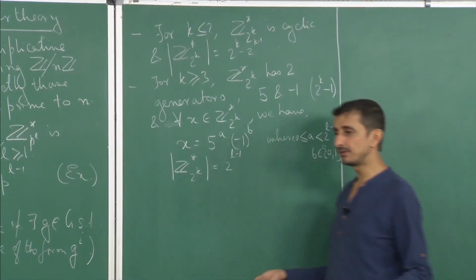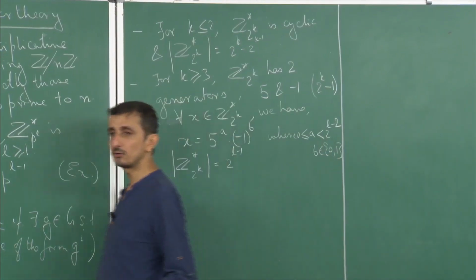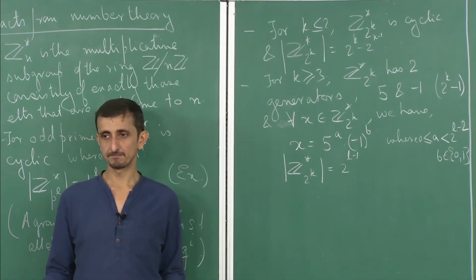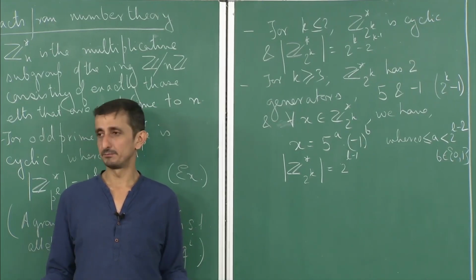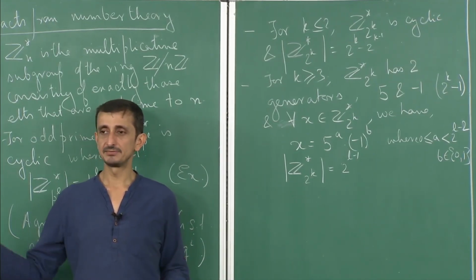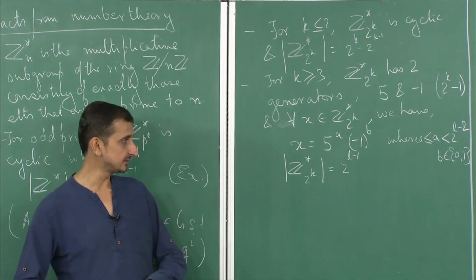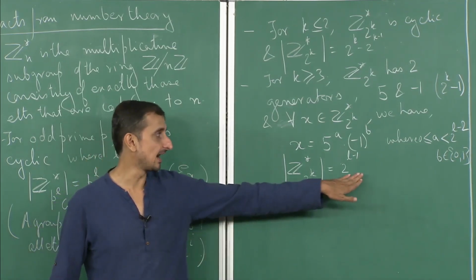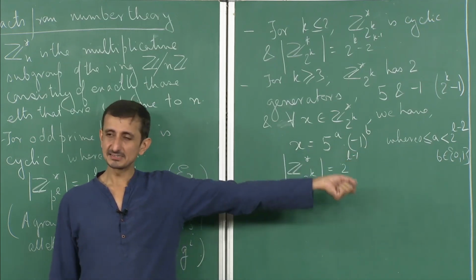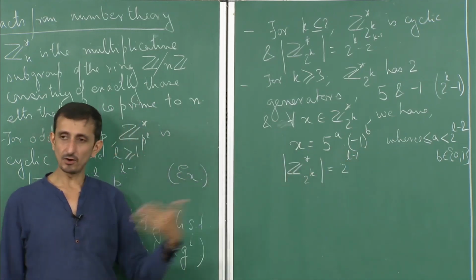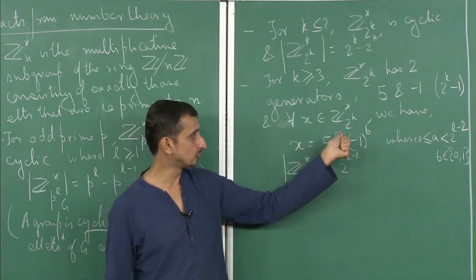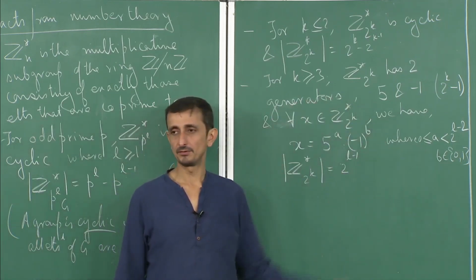So what are all the elements in Z mod 32 that are co-prime to 32? All the odd numbers from 1 to 31. So 1, 3, 5, 7. It's easy to see that it has 2 to the power 5 elements, so it has exactly half that many. So it has 2 to the power 4 elements. And now it needs some work to show that every odd number between 1 and 31 can be generated as 5 to the power a and minus 1 to the power